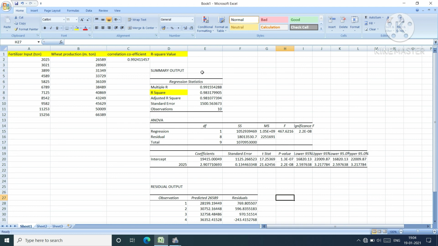Then we will calculate mean, median and standard deviation, right? So let's calculate mean, median and standard deviation, SD. So mean, select this one,